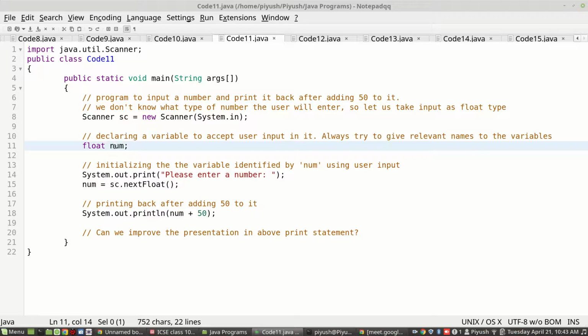I could have used anything, but because we are trying to give relevant names, we will be using num. So in the declarative statement, I have said I need one variable to be created, and that variable will be called num, and I am promising that I'll only be storing floating type values. Float type values means numbers with decimal points. Once you are done, this variable is capable of storing, in addition to integer numbers, numbers with decimal points. See, integer numbers are also numbers with decimal points, because if you write 2, that means 2.0.